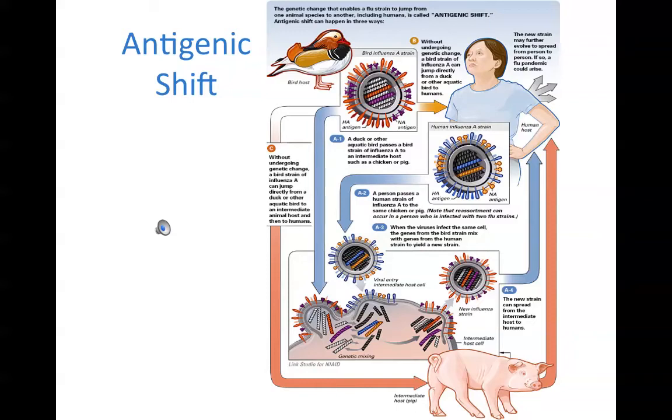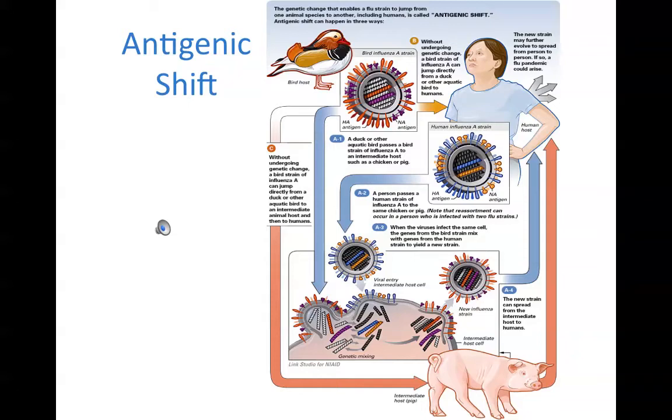Notice at the bottom of the illustration we have what's called reassortment. We have sort of a mixing and matching of genetic material from the two different viruses, leading to the presentation of different combinations of H and N spikes. It can happen if we have the virus passed right from a bird to a person,